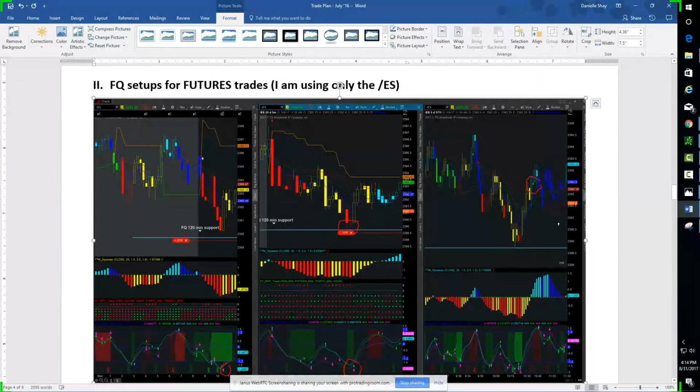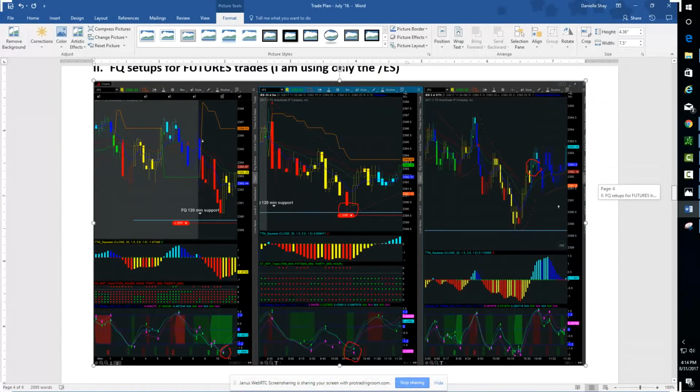All right, so my futures plan is actually very simple. I've learned a lot from Neil, and I do employ a lot of what he has taught me. But really, the futures day trading plan is very simple. It's the same indicators that I use. I use Fibonacci support. So here is the Fib Queen support. I just manually draw it onto my charts. I use the 15-minute, 5-minute, and then a tick chart here.